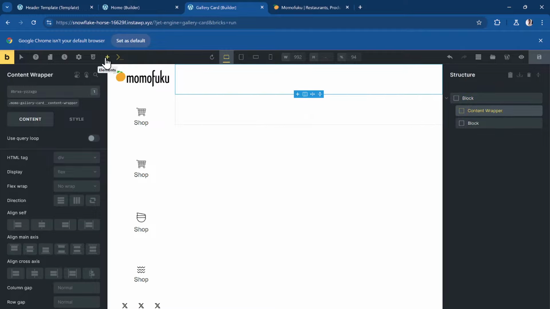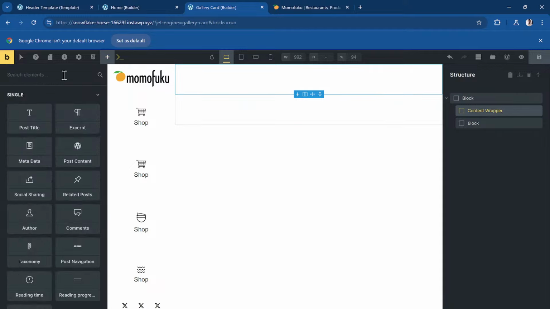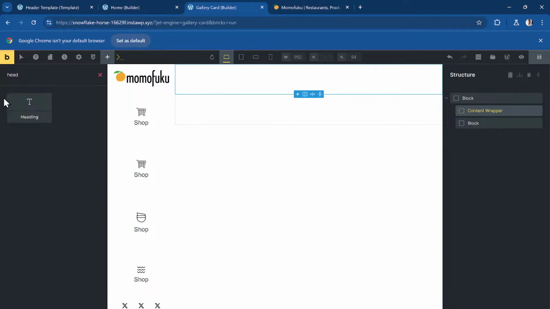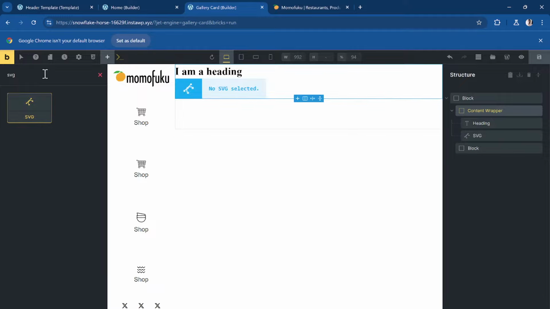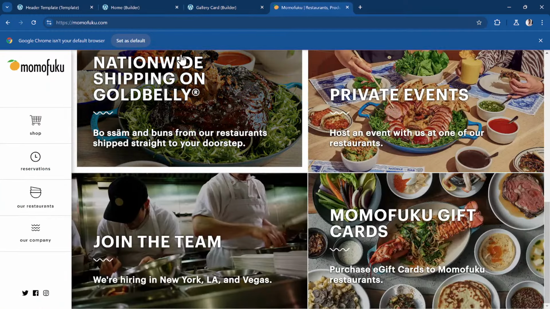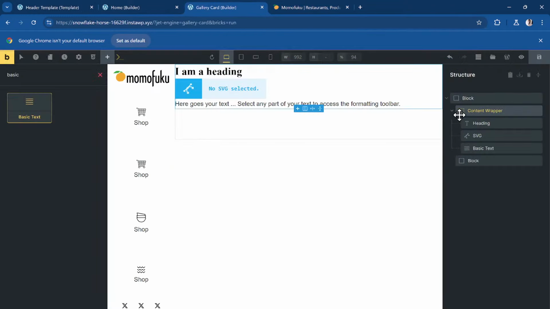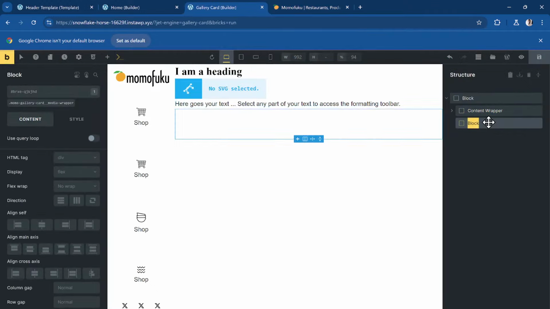And then I'll just add a heading. Or I think that will be maybe an SVG or something. An SVG, if we can find it. And maybe I'll add the last thing as the basic text, I think. Because it's just heading, this icon, and then a basic text. So those are the three things. And then for the image wrapper,